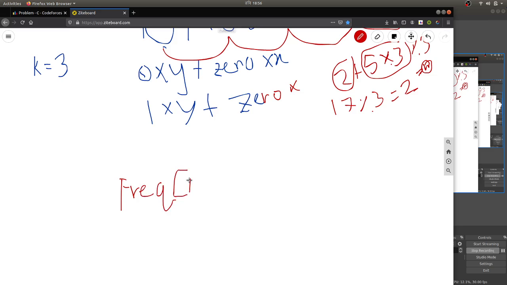I goes from 1 to n, and we add 1 to this if our string I is equal to 0. Okay,